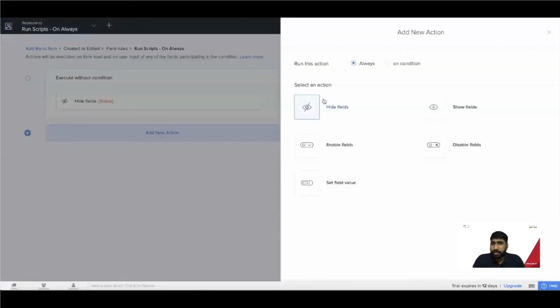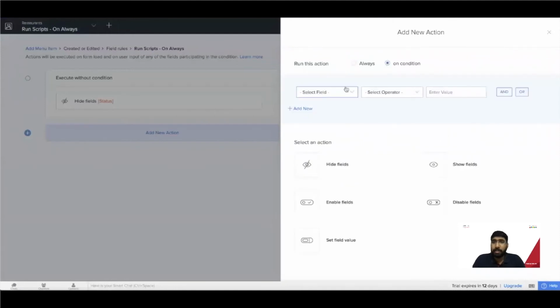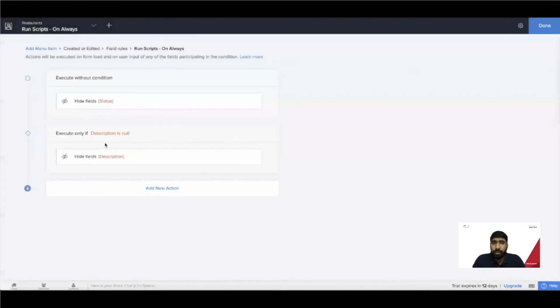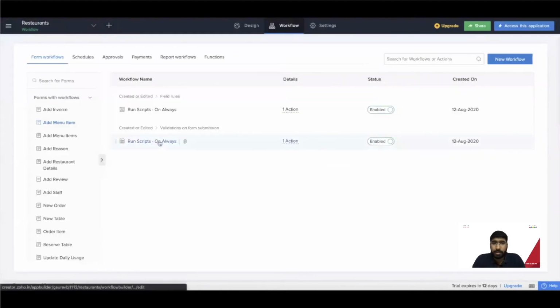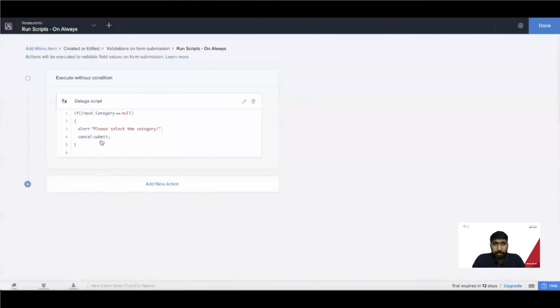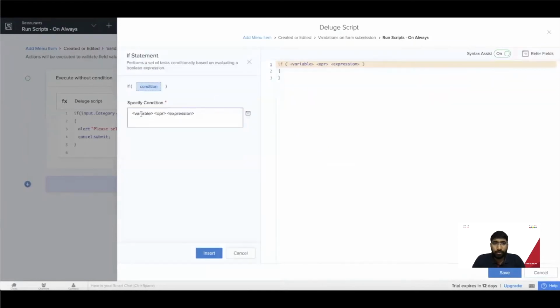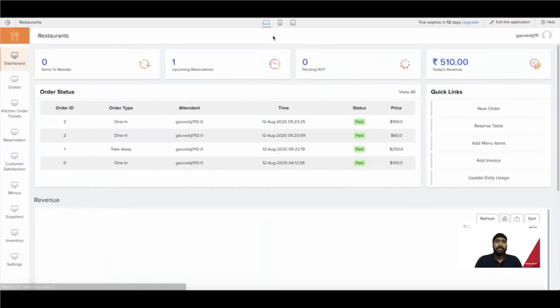For a citizen developer, I can take the help of the intuitive UI, which allows me to create a new workflow or update any existing one. And if you are a developer, it gives you the flexibility to write your own scripts to define a workflow. And you just saw how easy it was to edit the design and the workflow of an application.